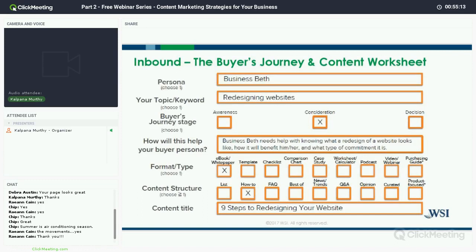And this is a content worksheet, for example. This is a buyer's persona for that particular business. The topic is redesigning a website, and let's say the buyer is in a consideration stage. How will this content help this person? It helps them know what a redesign of a website looks like, what efforts are involved, and what they need to be prepared as a business owner in terms of content, whether it's text content, videos, images, hosting. So a lot of different things